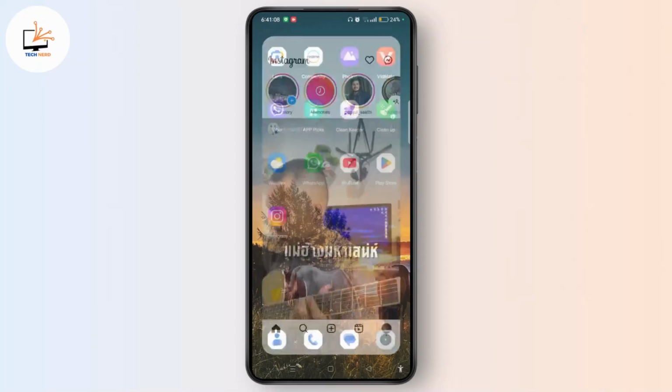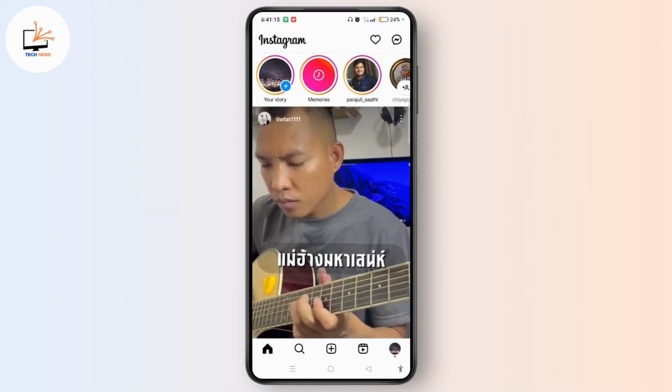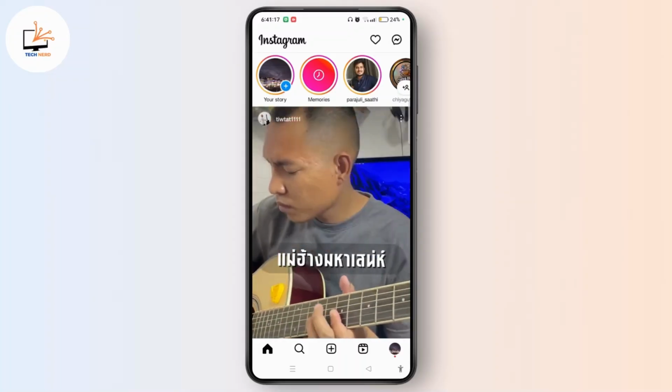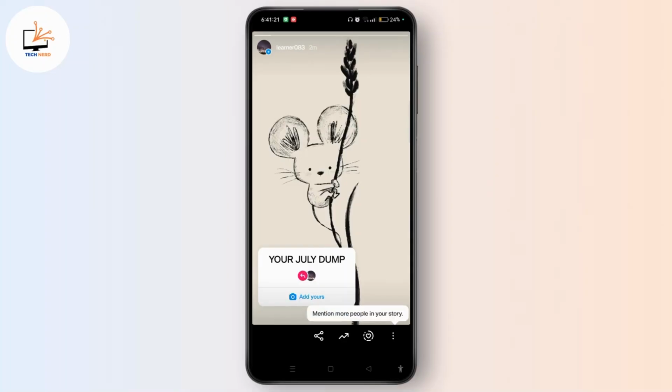Launch the Instagram application on your device, and make sure that you are logged into your account. Proceed by tapping your story, and make sure you have added a story on your Instagram, then tap to open it. Suppose this is your story, and you want to hide this story from a specific person, then